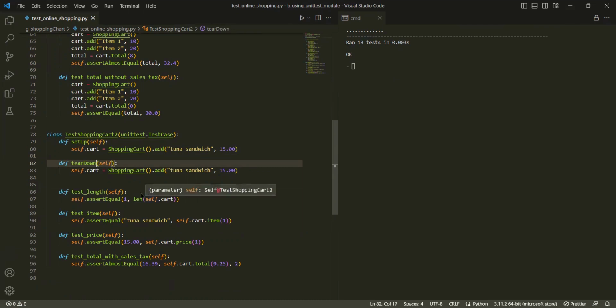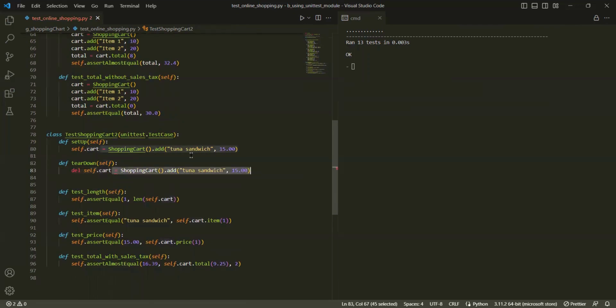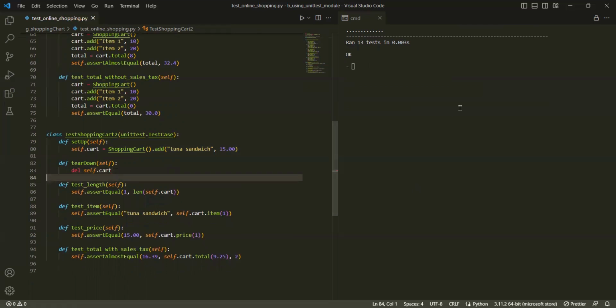You can write any name, but if you write these names, they will understand clearly. In teardown, what do we need to do? We need to just delete everything, right? So delete this cart. Hope you understood what a test setup and cart are,